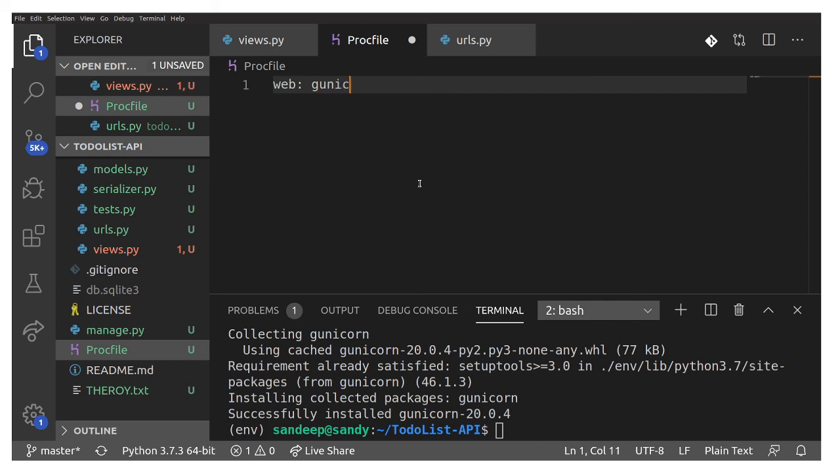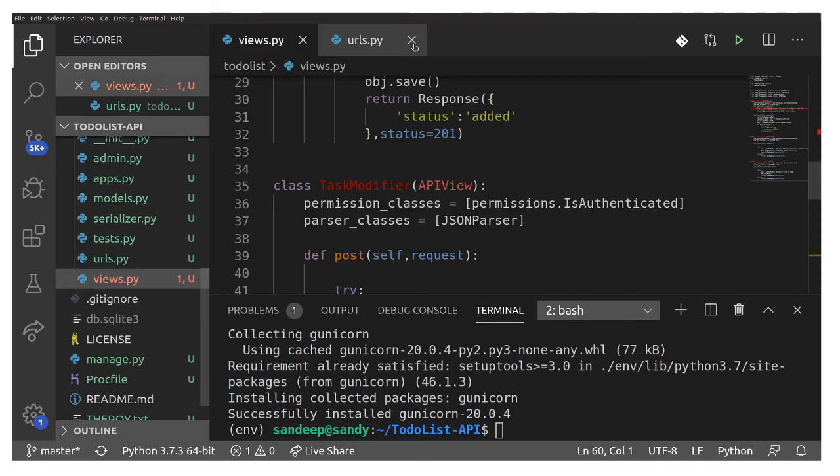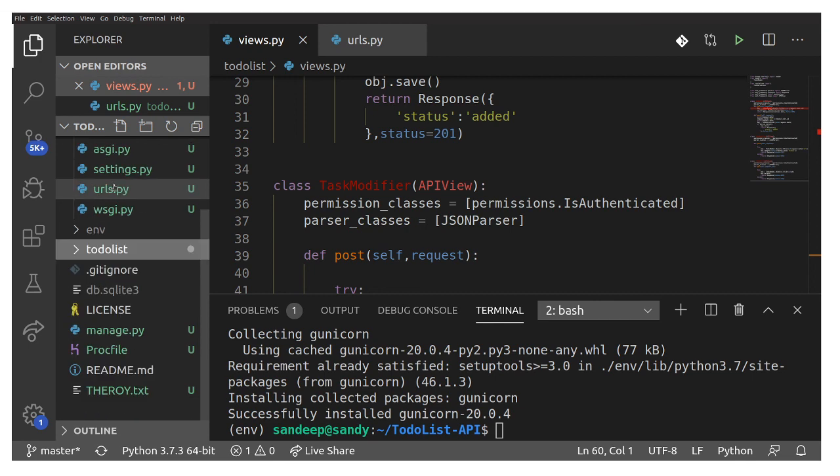And now here type web: gunicorn, space, your project name. Mine is backend, so I'm just gonna type backend.wsgi. Cool. web: gunicorn backend.wsgi. And once you do this, now you go to settings,